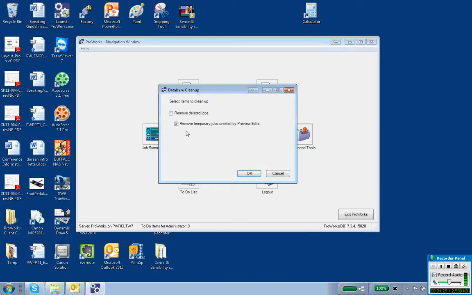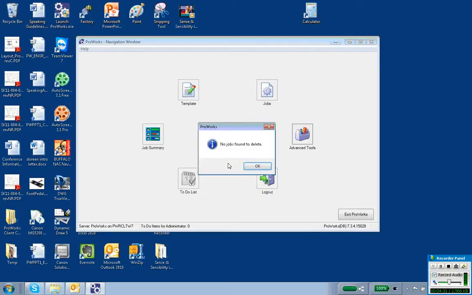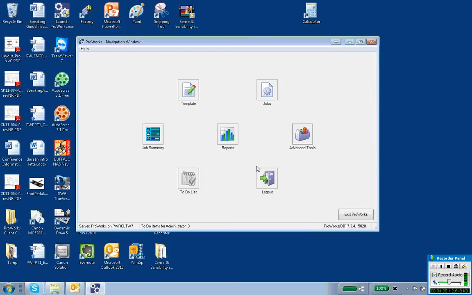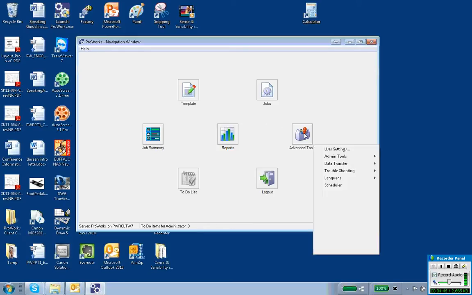Eventually, you build up a lot of these, and you don't know that they're there because they're hidden, so you just need to tell it to remove the temporary jobs. Since I had just done the full delete, there was nothing there to do, but even if you're not deleting jobs, you may have those created just in creating the template. That's really most of what you need to do in terms of